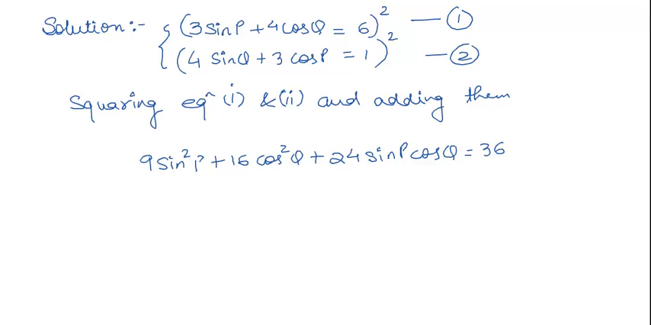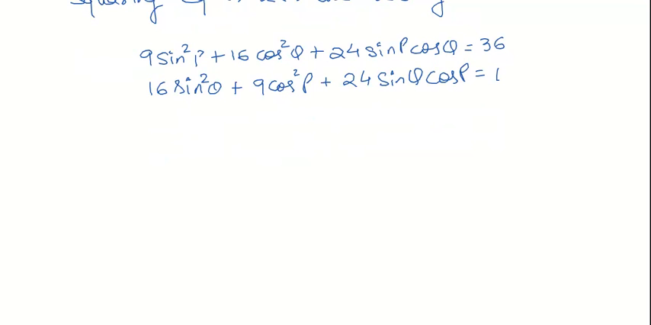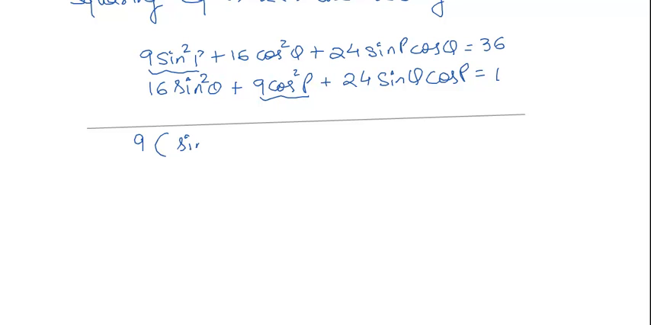equal to 36. On squaring the second equation, it turns out to be 16 sin square Q plus 9 cos square P plus 24 sin Q cos P equal to 1. Now if we add both these equations, we can see here that 9 sin square P is there, 9 cos square P is there. We take out 9 as a common, so we are getting 9 times sin square P plus cos square P plus, now if we take 16 common out of them, we are getting 16 sin square Q plus cos square